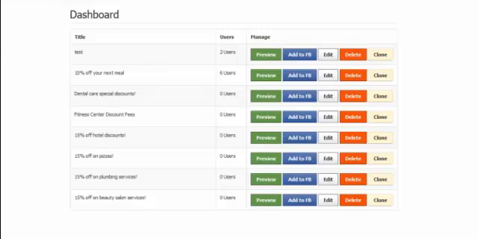So once you log in, you're going to see a dashboard here. This is just my test one, so there's all sorts of stuff here. But it's going to give a snapshot of all the different coupons you have in the system. It's going to give you options to preview them, add them to Facebook, edit them, delete them, or clone them. The clone feature is quite handy if you want to run repeated campaigns, so that can save you a lot